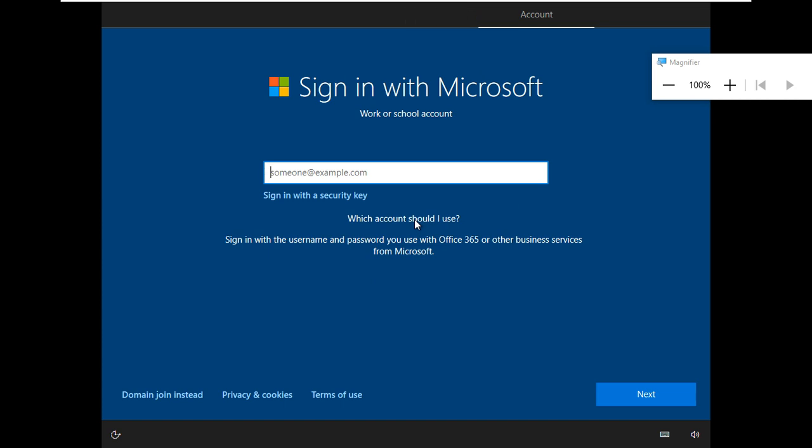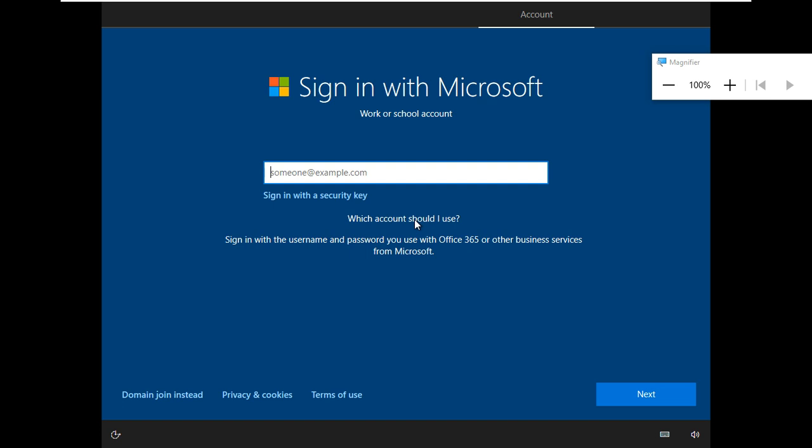We don't have a Microsoft account, work account, or school account. If you have one also, don't give it, because it's a virtual machine. If it is your physical personal computer, you can give your personal Microsoft account, no problem. But it is better to give a normal local account first, then only the Microsoft account.